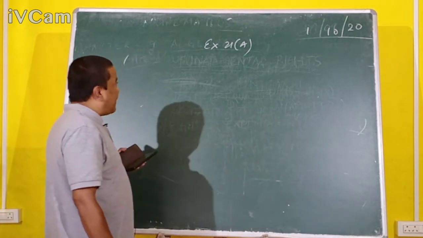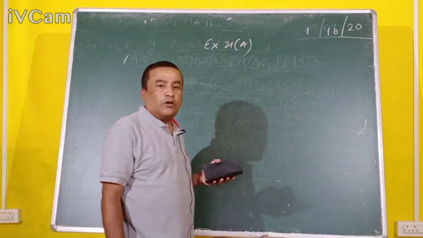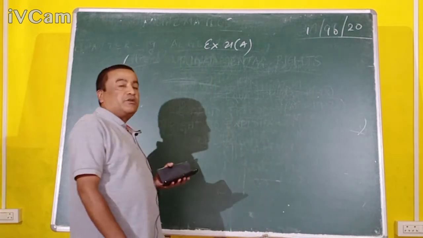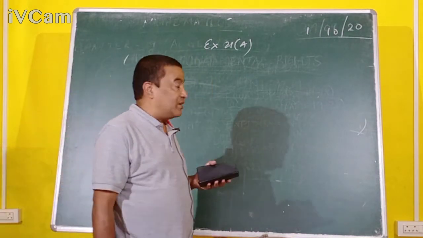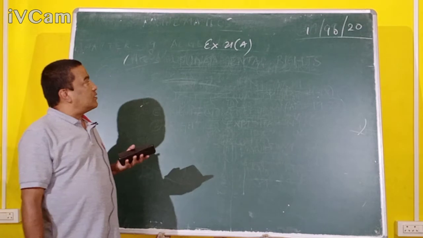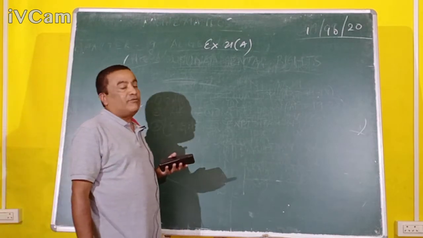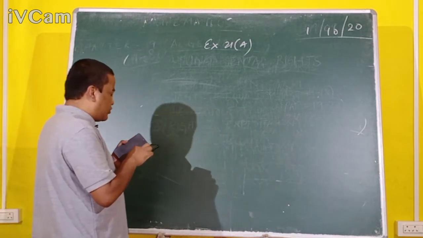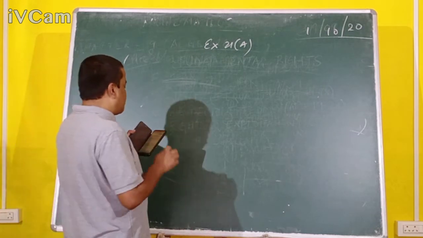Okay, welcome back. In the last class, I gave all the formulas regarding area and perimeter of triangles as well as quadrilaterals. So today we'll discuss area and perimeter of quadrilaterals, which is exercise 21A. And the first question is